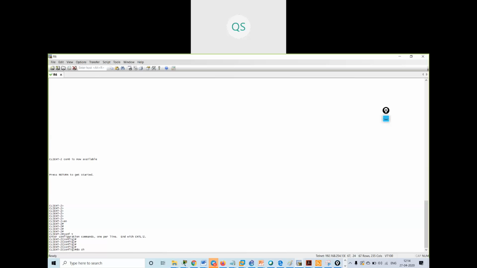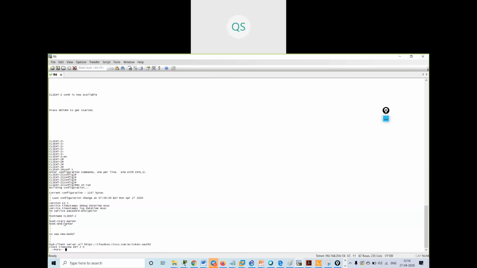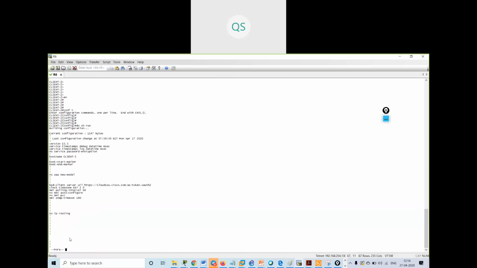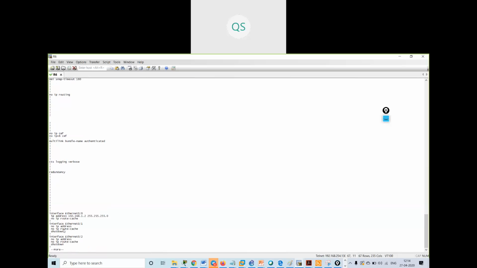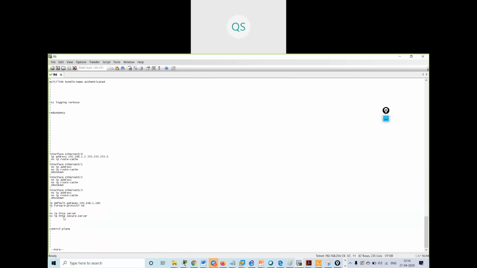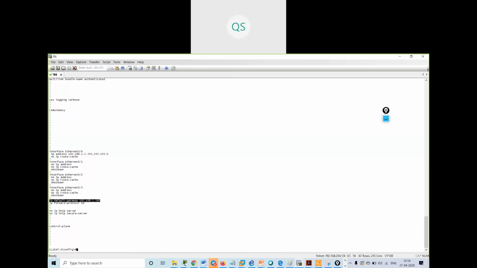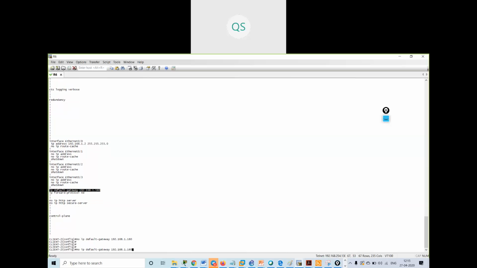Do show run. Okay. No ip default-gateway, 192.168.1.150.